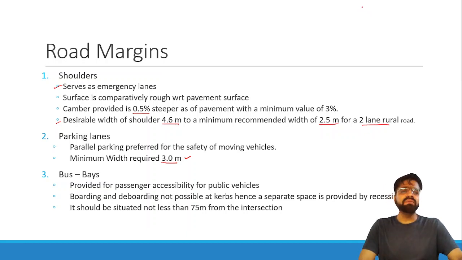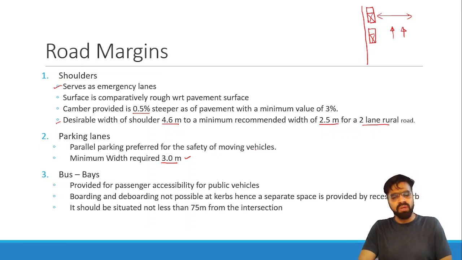There are various kinds of parking. We'll study the types of parking or the arrangement of parking in our traffic engineering. But you should consider this is the road boundary, this is the vehicle. If we park our vehicle in such a way that the road boundary is parallel to the vehicle, then it is considered to be the safest option because it will give extra space for the running vehicles. So this will be the safest option nearby the highways. That's why it is said that parallel parking is preferred for the safety of moving vehicles.